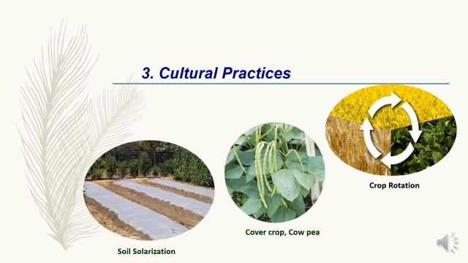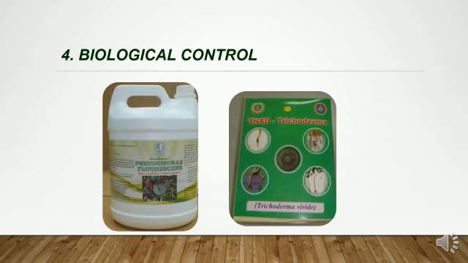Next is biological control. Exploitation of living organisms for reduced pest population without affecting bioequilibrium is termed biological control. Several organisms such as fungi, bacteria, virus, predatory nematodes, insects, mites, invertebrates have been found to parasitize or prey on nematodes, and among these some are potential biocontrol agents. The most widely studied organisms are antagonistic fungi, bacteria and predatory nematodes. Some of the biocontrol agents used in nematode control, I will tell you.